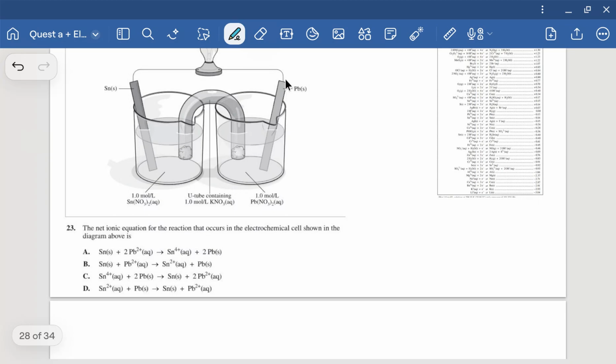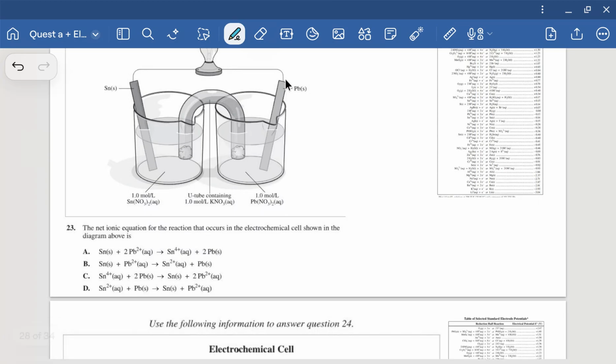Okay, our next one here. So in this one, just coming up with that net reaction, you want to take a look at what's reacting. So on one half cell, you have tin 2 positive with tin solid. And then in the other half cell, you have Pb2 positive with Pb solid. Again, your nitrate is going to be a spectator. And then you also see the salt bridge, which is not part of your redox reaction, but it does help